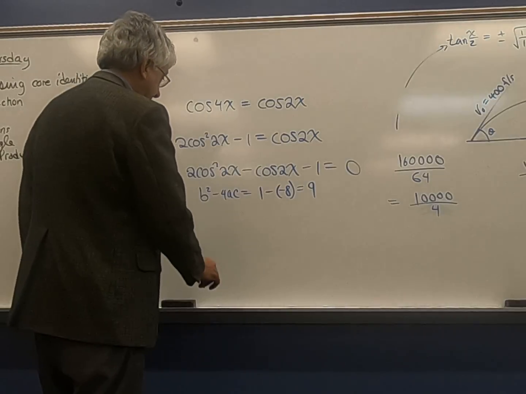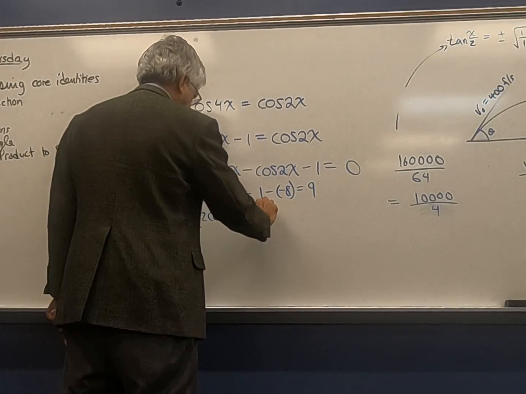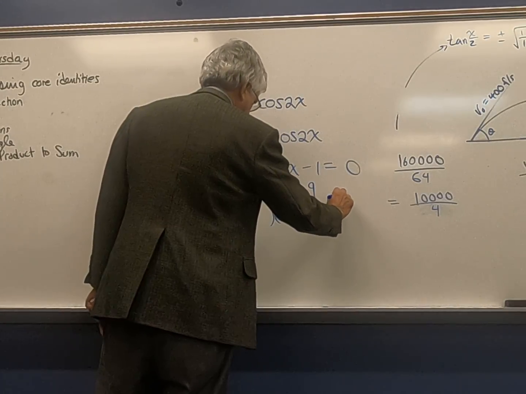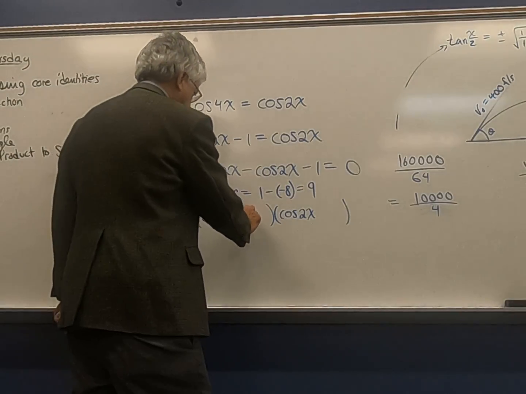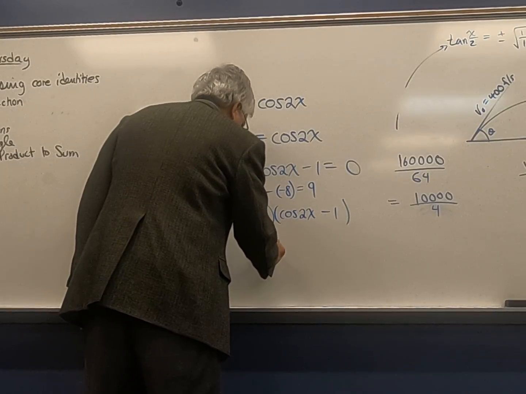That it's going to factor nicely, right? So I, with confidence, start out by, well, the first factor's got to be 2 cosine 2x, and then we need a 1 and a negative 1, and it's going to be plus 1 and minus 1, right? So either cosine 2x equals 1,